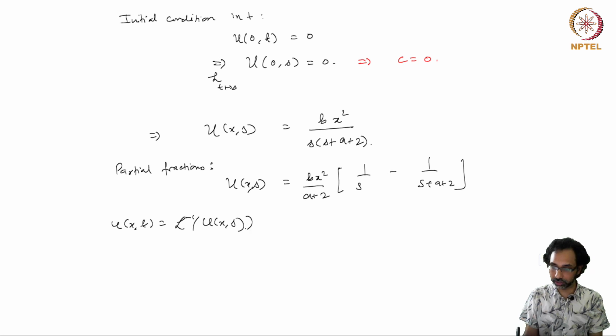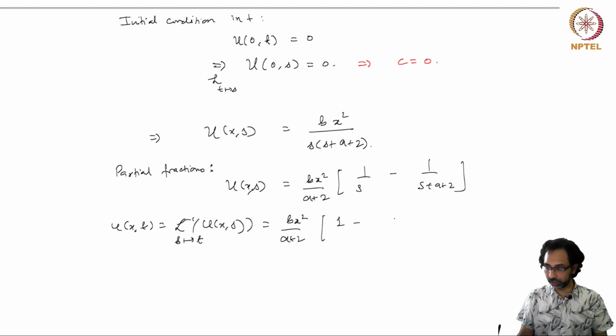This is equal to bx² over a+2. Again we are considering x to be a constant while taking the inverse Laplace transform. The inverse Laplace transform takes the function U(x,s), in variable s, and gives you back a variable t, and the output function will be small u with variables x and t. The first term is simply 1, and the second term is e to the power minus (a+2)t, and this is our